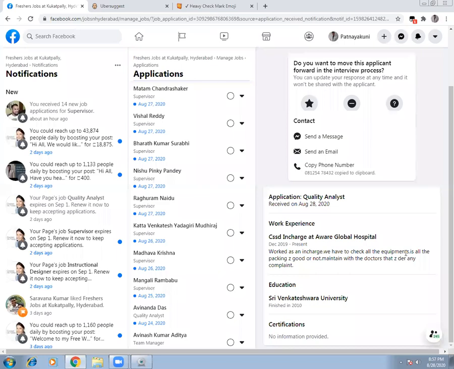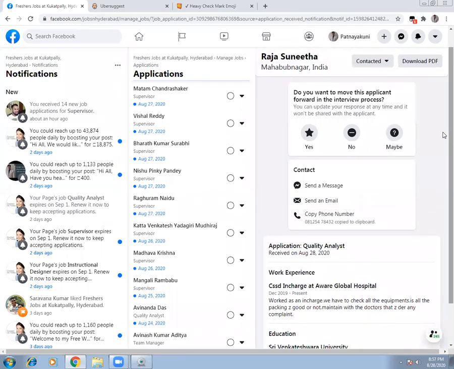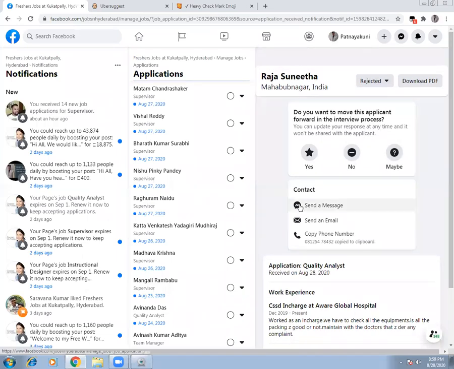That is a packaging company. That means he will not be suitable for a BPO. So I can simply say that this profile is rejected because this profile is not relevant to what I'm looking for. I'm looking for somebody from a call center quality background, and he's from Mehboob Nagar, not even from Hyderabad. So this is how you actually filter your data.